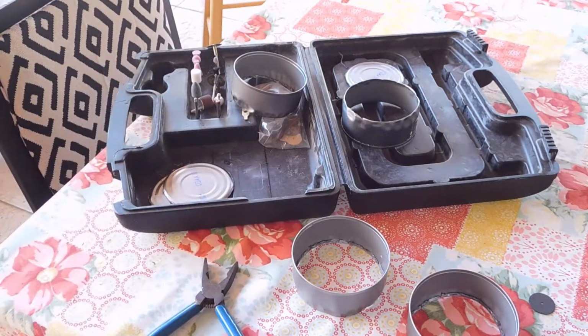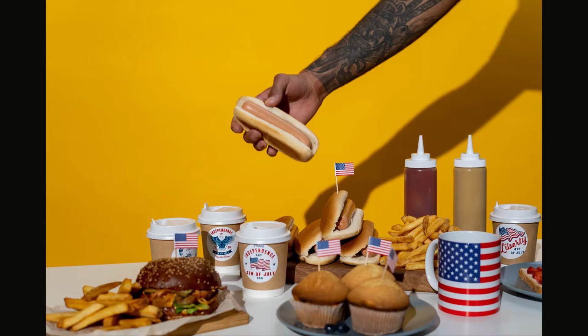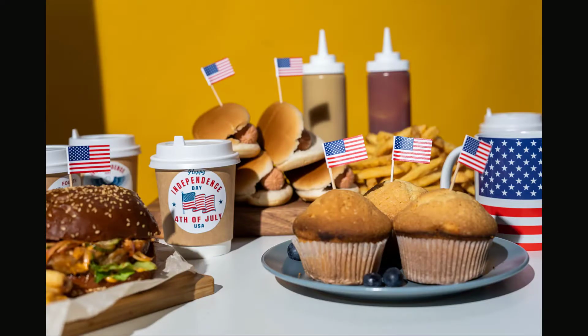They'll make a good form that I could use to cook muffins or something. So I said, guess what? Let's make some English muffins. Well, as you know, English muffins, well, they're not English, and they're not muffins, but they are truly 100% American,